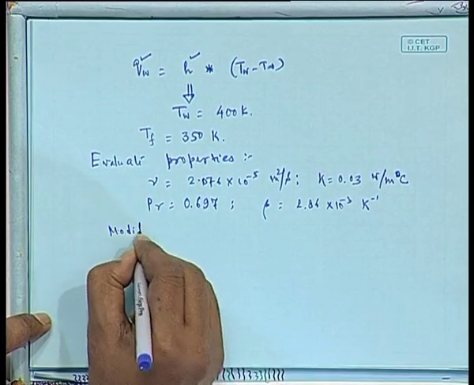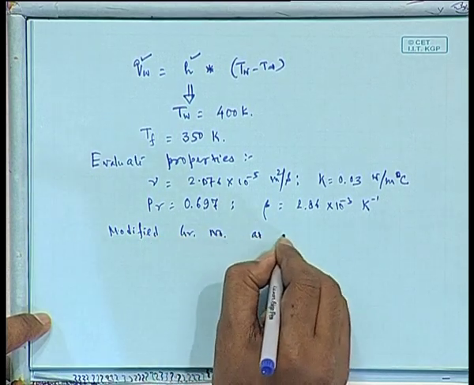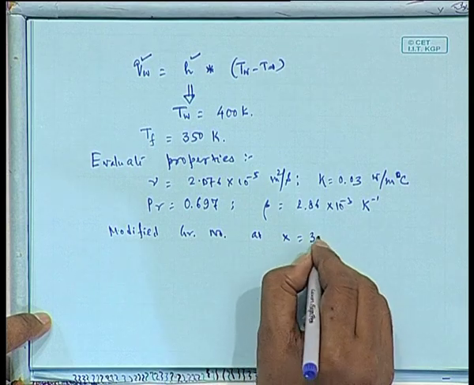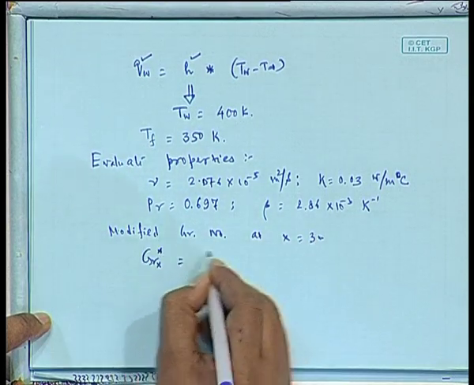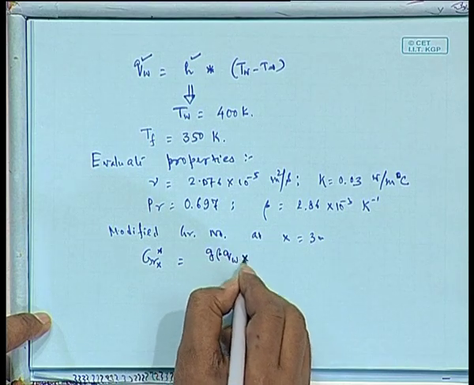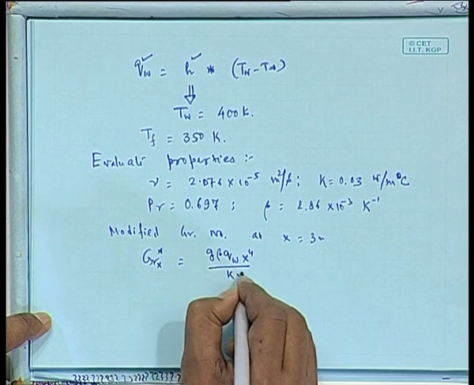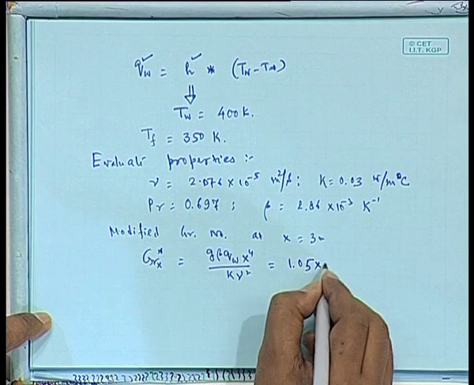Now, modified Grashof number at x equal to 3 meter is G beta QW x to the power 4 by K nu square, and it will come out to be 1.05 into 10 to the power 14,